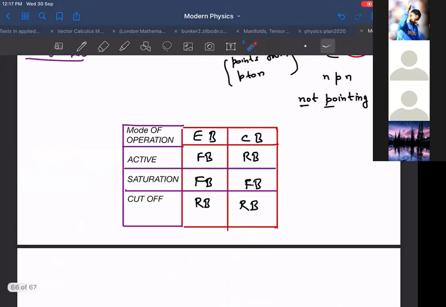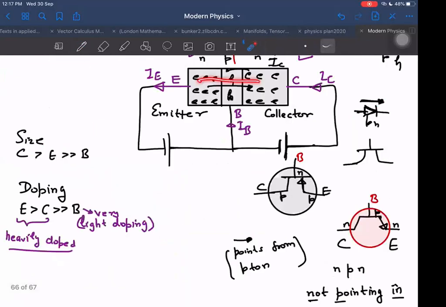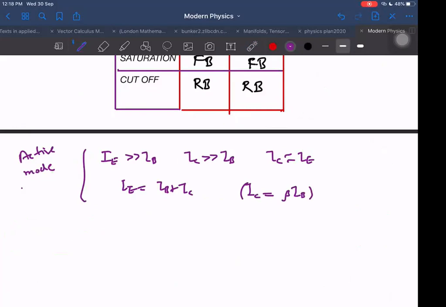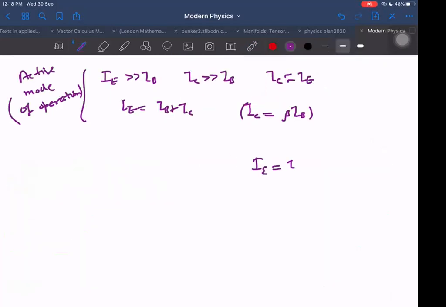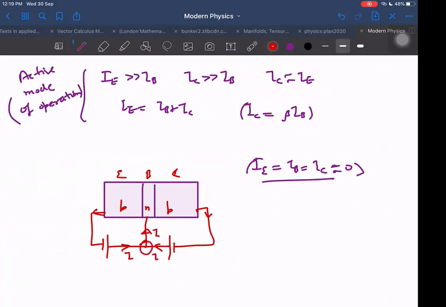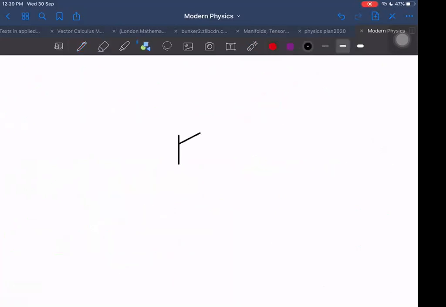Anyway, now I forward bias the emitter and make the collector reverse bias. Here, by the collector, there is diffusion. Okay, anyway, this IC is approximately equal to IE in active mode only. In cutoff mode, the current is 0. If you want cutoff mode, the junction becomes reverse biased, and again there is the difference in the doping. These values will be nearly 0 in cutoff mode. So cutoff and saturation we are not discussing; we only discuss active mode.